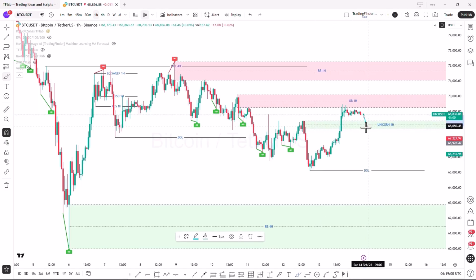It enters the unicorn zone at a certain level, and if a reversal is identified in the trend in a downtrend, we can use this opportunity to enter a buy position. We set the stop loss behind the unicorn zone, targeting the buy side liquidity levels.